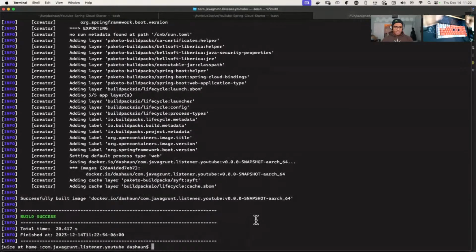All right, we got a snapshot version of this image, and I can do a Docker push and push that up, but I don't want to push up a snapshot. I want to give you a version. Let's run this. Please hold,